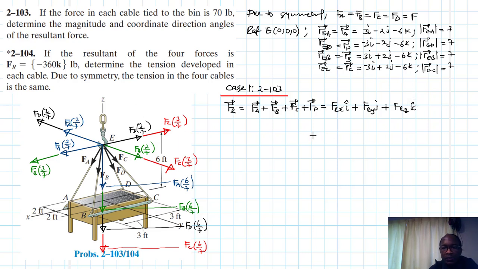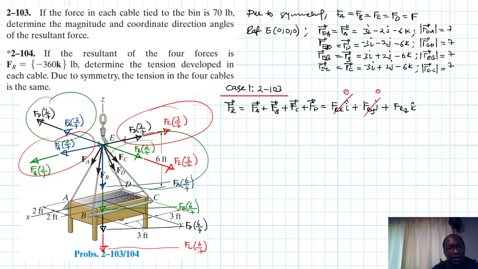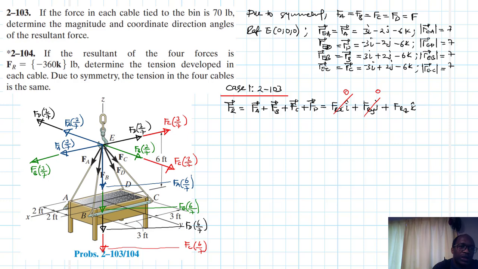But we are saying this part will go to 0. They'll go to 0 because these are going to cancel each other out. All right, and so is this part, because of symmetry. The only part that will remain is just this component, and we've said they are all